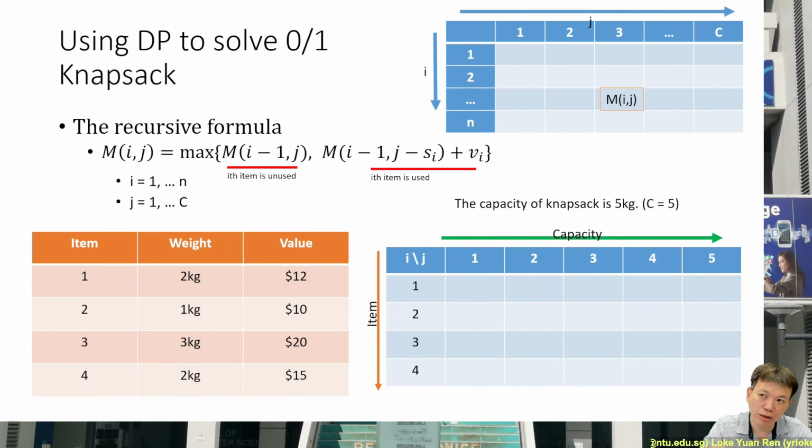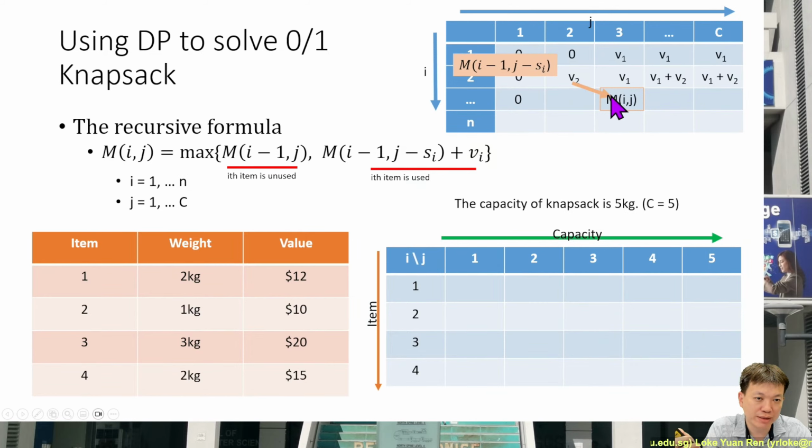This is the bottom up approach. Top down approach is the reverse. You want to solve this problem: you have I items and the capacity is J. To find this one, you need to go backward and find the answer without the I item,